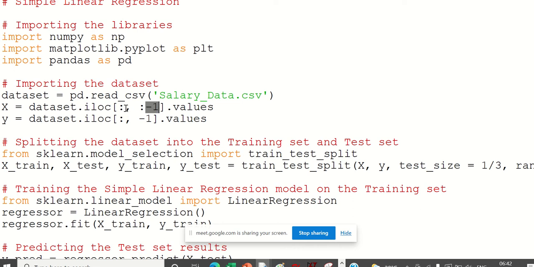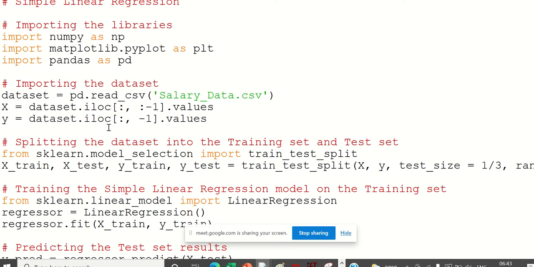This is saying that we are going to take all the columns except the last column. Or else you can simply take the first column, because you know that there is only one x and one y. But here it's a more generic case where we are taking all the columns except the last column. So that's the syntax for that.